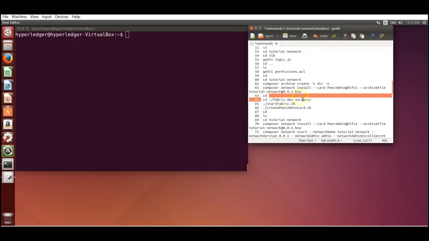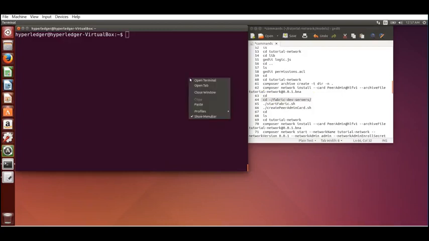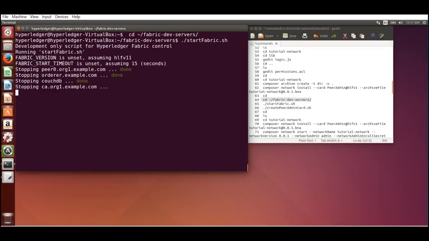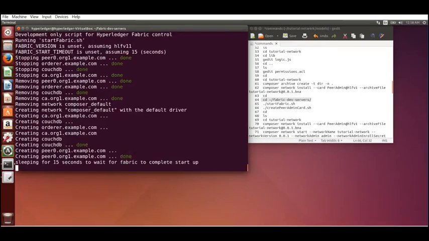Now I'm going to go into setting up the Fabric server. Let's go in there, and then I'm going to start the Fabric infrastructure. Okay, this is the blockchain base, and I'm also going to create some credentials for an admin right after that. Since I had Fabric running before, it is stopping the previous version and then starting a new one.